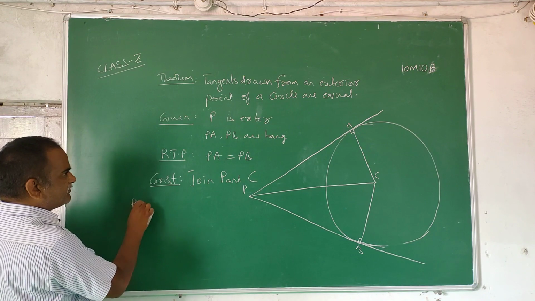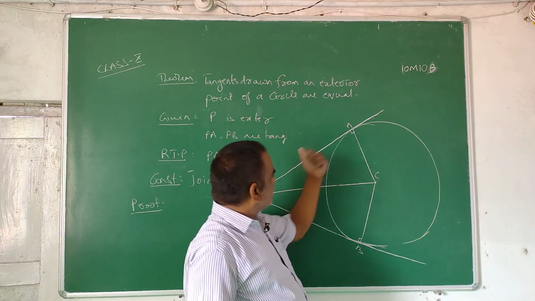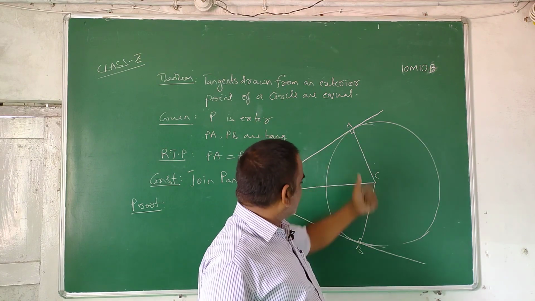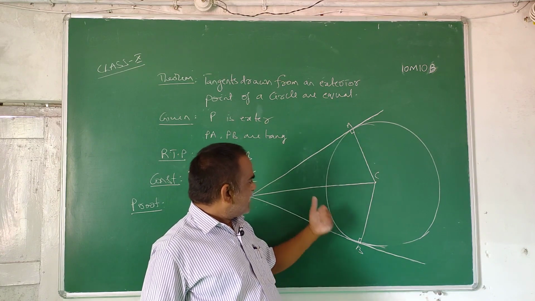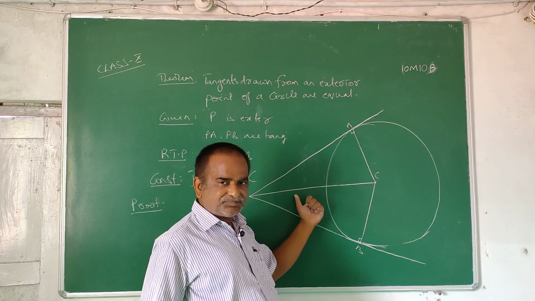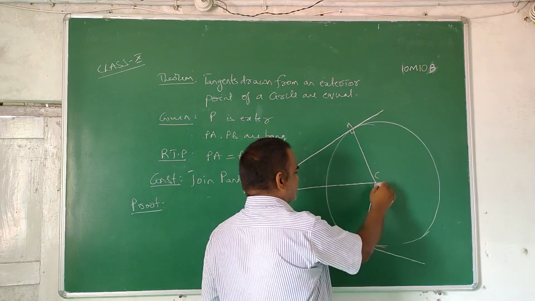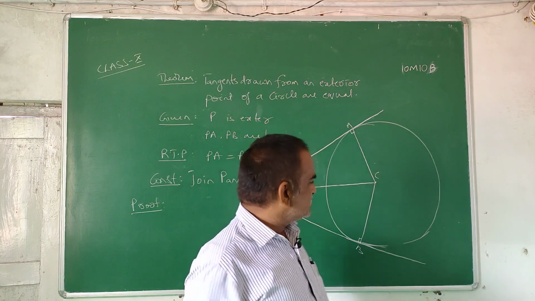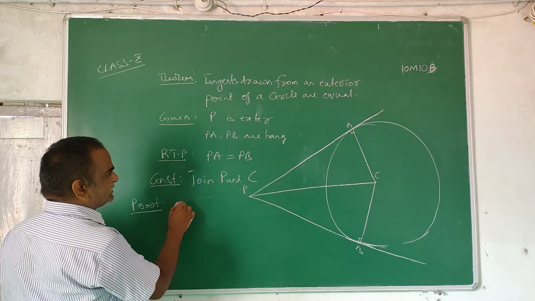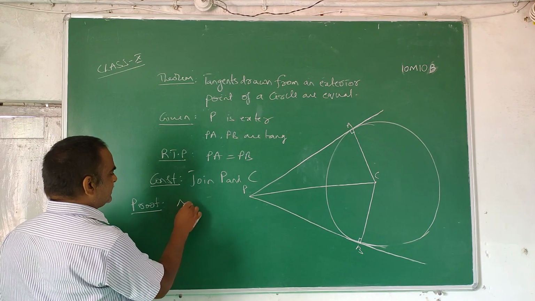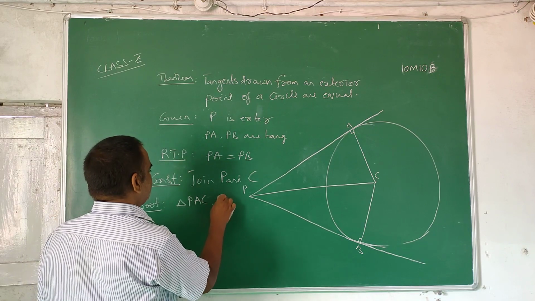So now proof. Say this triangle you take, and this triangle, there is a right angle. Okay, you are seeing the right angle, right? And this hypotenuse is common. These two are radii. Radii are equal. So RHS congruency is formed. So what is the proof? In right triangle PAC and in right triangle PBC,